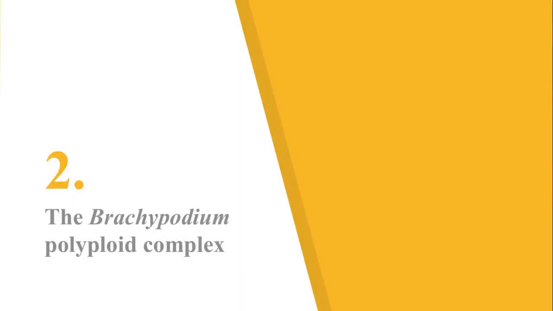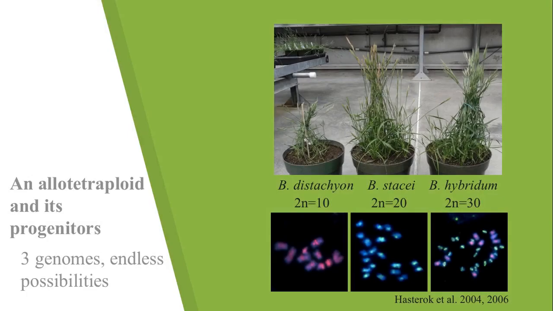But first, I want to introduce you to the grasses that I've been working with in the genus Brachypodium. And so you may have heard of Brachypodium distachyon. It's a diploid grass model, especially good for cereals such as wheat and barley and rice. And over here in the middle, we have the diploid Brachypodium stacyi, a lesser known species of the genus Brachypodium, and Brachypodium hybridum, which is the allotetraploid that was probably produced in nature many times from the hybridization of Brachypodium